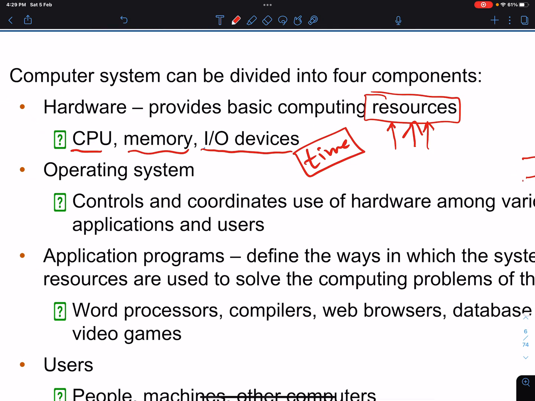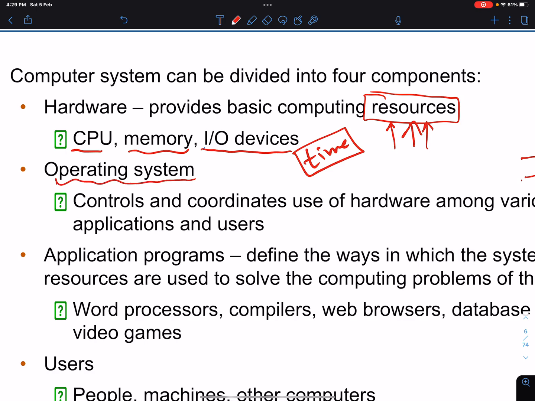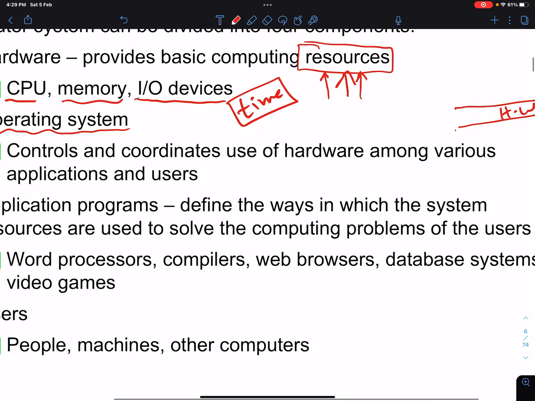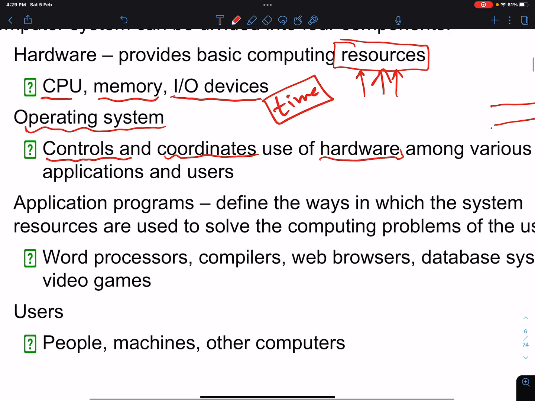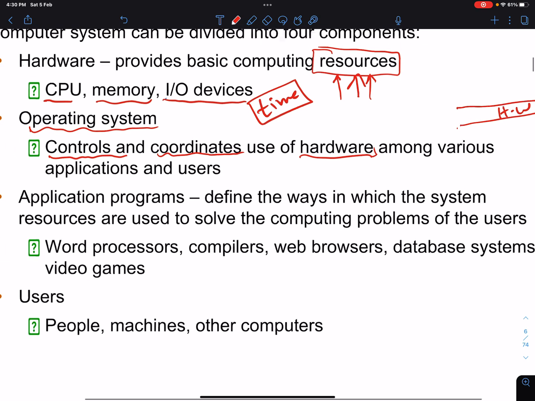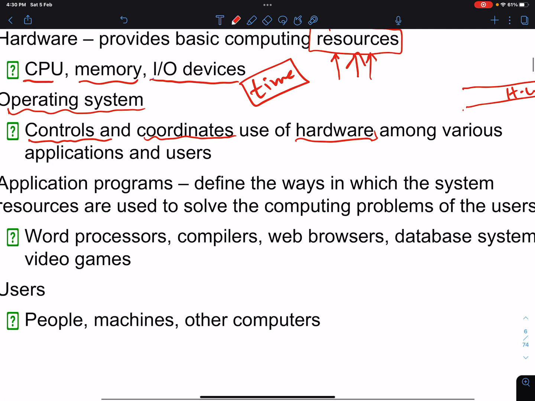All right, how about the operating system? It controls and coordinates use of hardware among various applications and users. You tell me, but that's easy. I mean, it's not really.